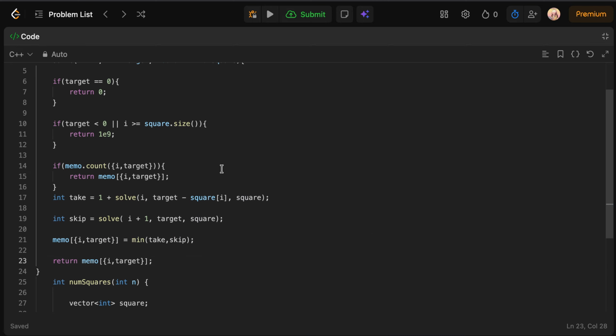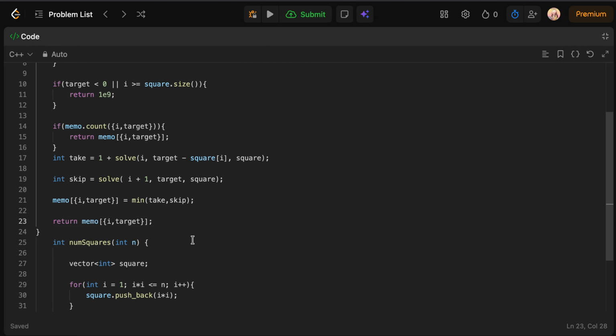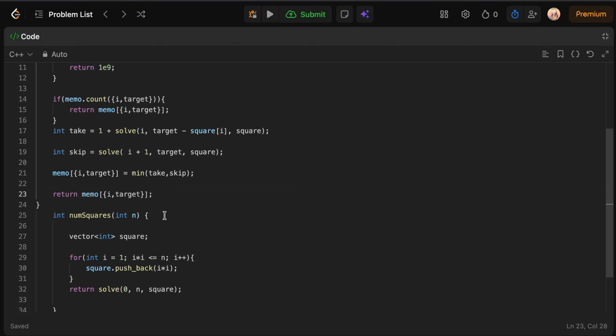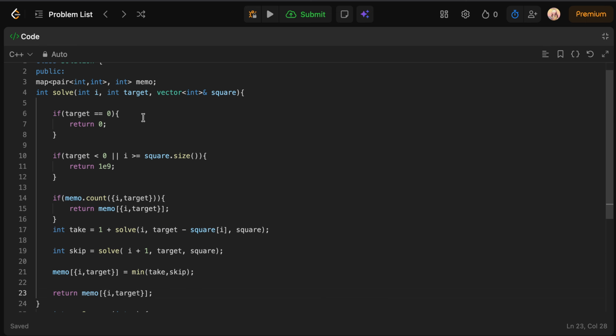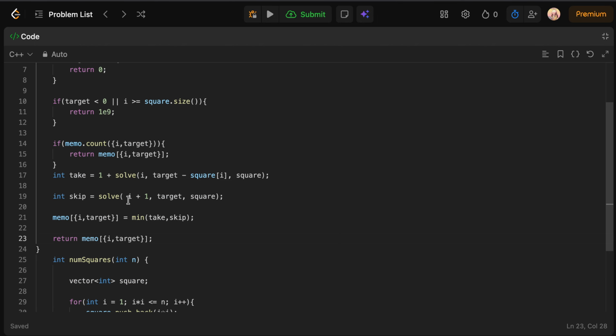For each node, we check the memo first. Take the left branch, subtract the square from the target, keep the same index, and write the skip-next-index branch. Return 0 if the target is 0, which is the base case, and the memo ensures any repeated node is calculated only once. Okay, now